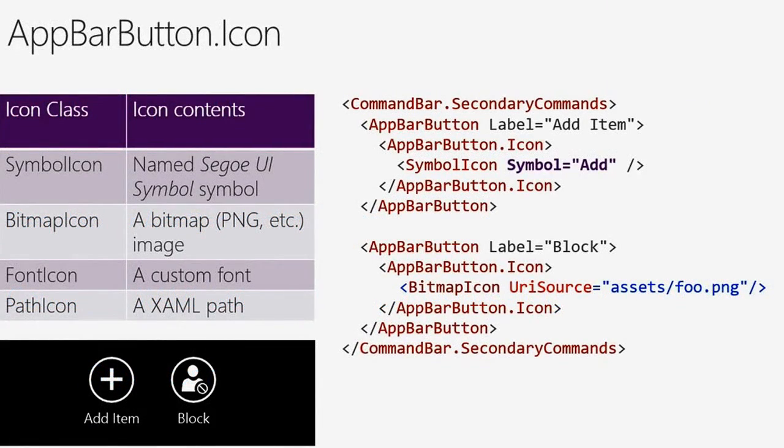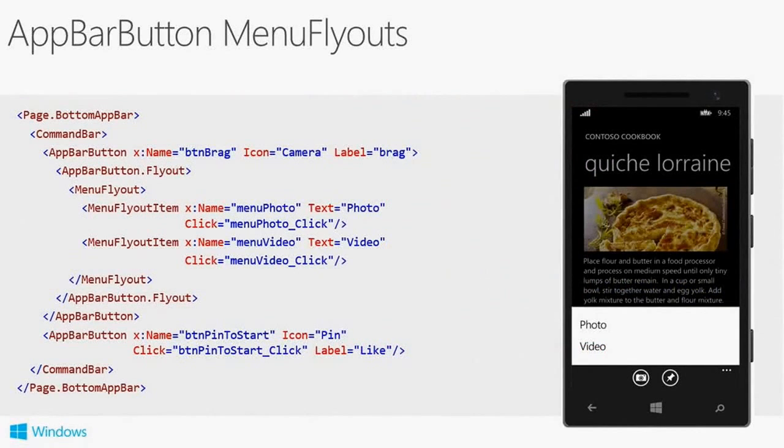The icons are really cool. You can just specify a symbol icon by name, and we've got great help with the tools for doing this. Or you can set a URI source, a bitmap icon, a font icon, a path icon, loads of flexibility. And you can have flyouts. You can have these nice flyouts on an app bar button as well. In this case, the user's tapped on the little photo app bar button, and the photo video flyout menu has